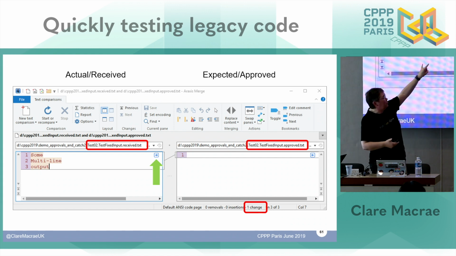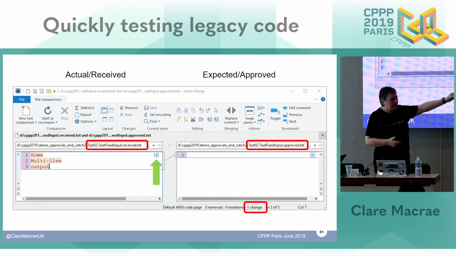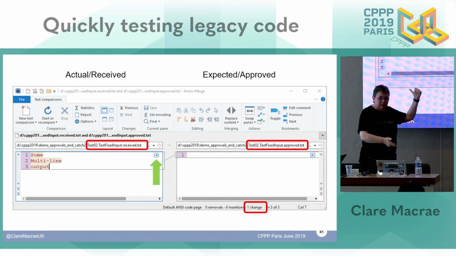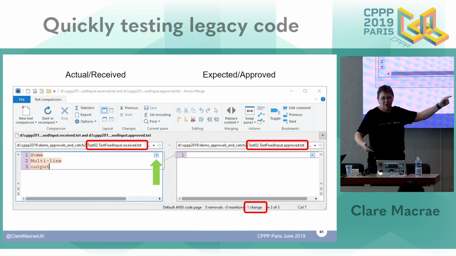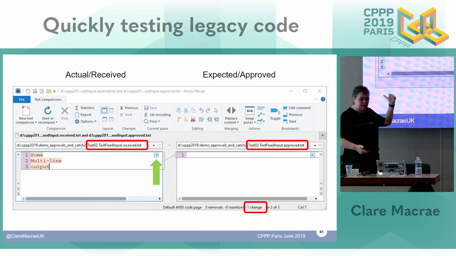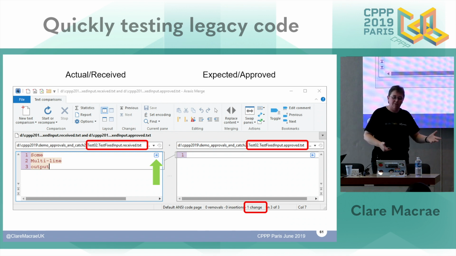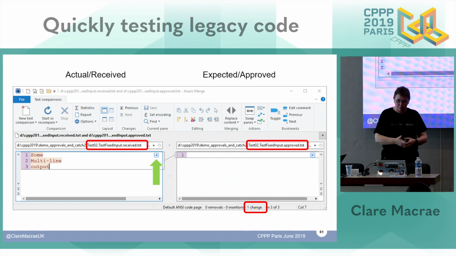And I've put that at the top, the expected and approved. That vocabulary is really important. I think a lot of test frameworks talk about expected is what the framework expected or what your test expected, and actual is what you get when you ran the test. Llewellyn chose approved on the right-hand side, which fits with the library name approval tests, and then received. And he's used that vocabulary consistently in other languages, and so we're using it consistently in the C++ implementation as well.